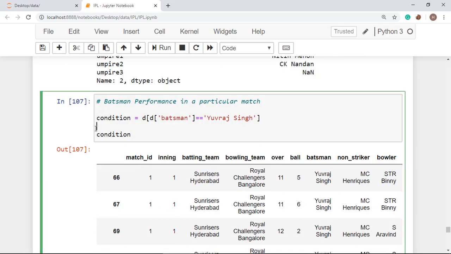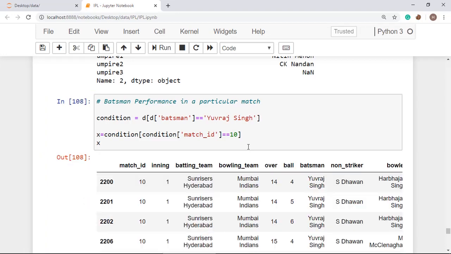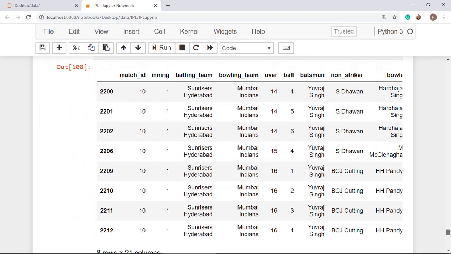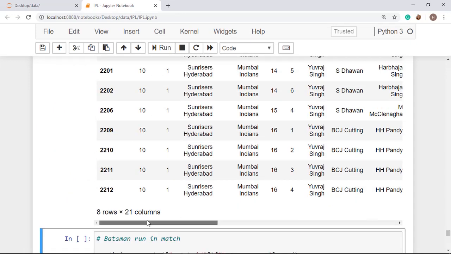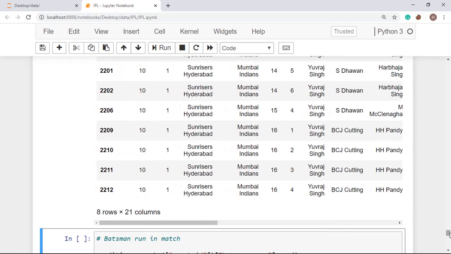Alright, now I am going to show you the details for a particular match, how many balls or how many runs, and I am considering the match ID as 10. Okay, you can consider any match ID. Here you can see a total of 8 balls played by Yuvraj Singh, and this is the details of that particular match.